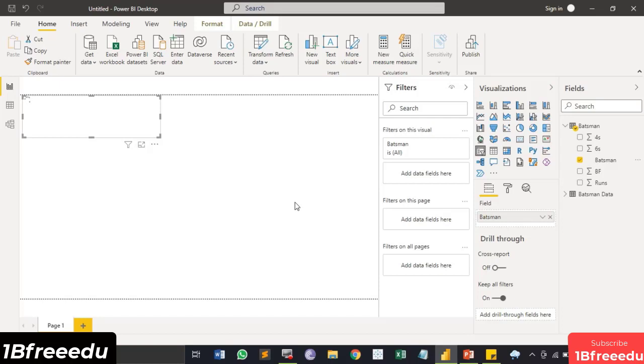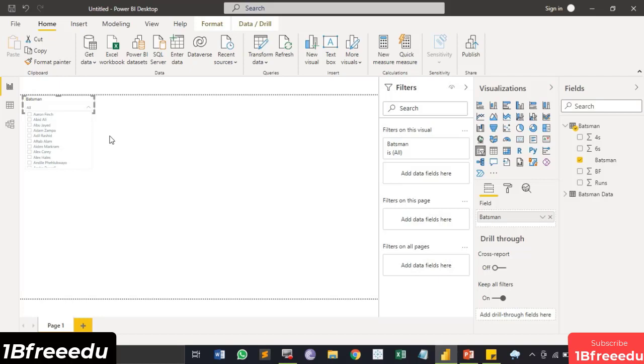Now what will it do? It will create a list of all the batsmen that are present in our data set. But as you know, one batsman has played many matches, so many records are present over there. It won't repeat them; it would just create a single instance for each of the batsmen. Now this is a list format. If you want to change it to a drop down list format, click on this arrow, and here is the drop down format. Now it's been changed to a drop down format, which means you can select the batsman using drop down values like this.